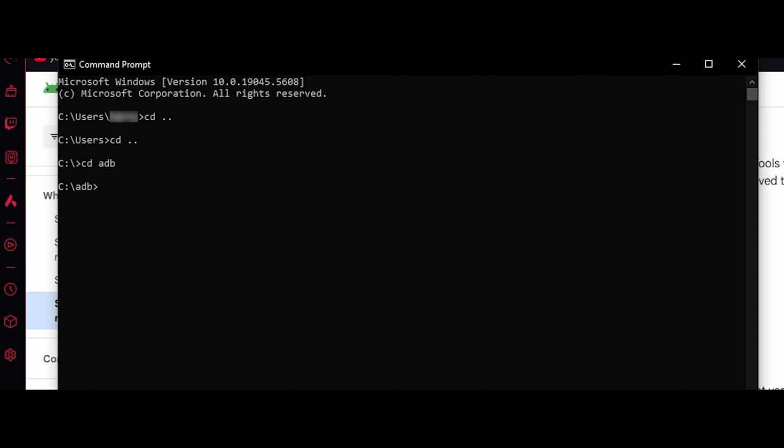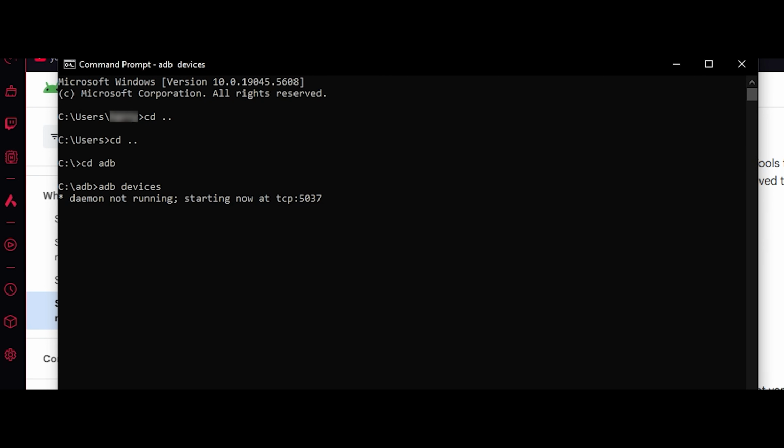Mine is here. So when you have located your ADB, Android Debug Bridge location, that's okay. When you found it, you want to type ADB devices,